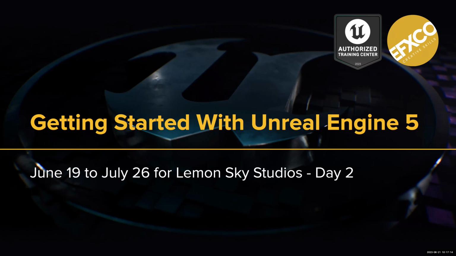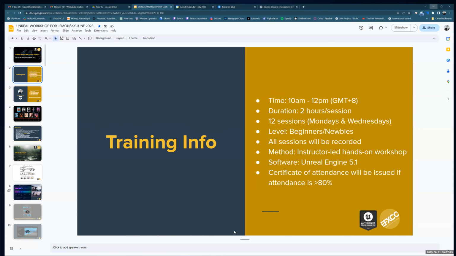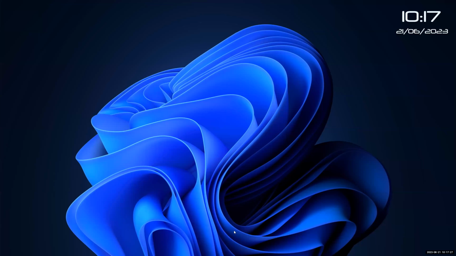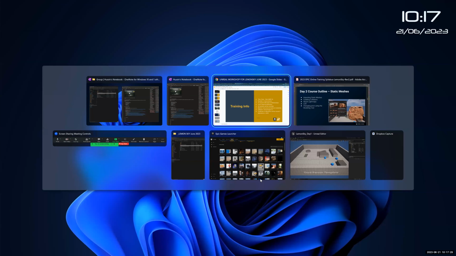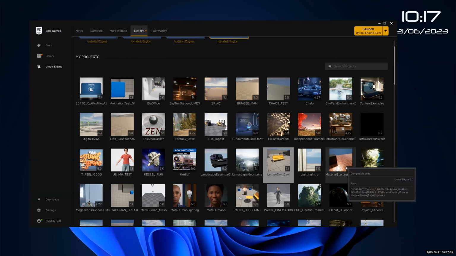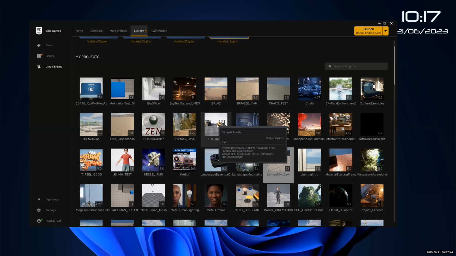I've gone through it. And if for some reason some of you are having some issues with opening up the files, let's say if I open up the file that I was talking about, I'm going to run my, I think I already have the launcher running here. A launcher, and then let's open up the file for today. So if you haven't had a chance to download today's file, it is in the Dropbox. The link is in the chat. It is called FBX ingest.